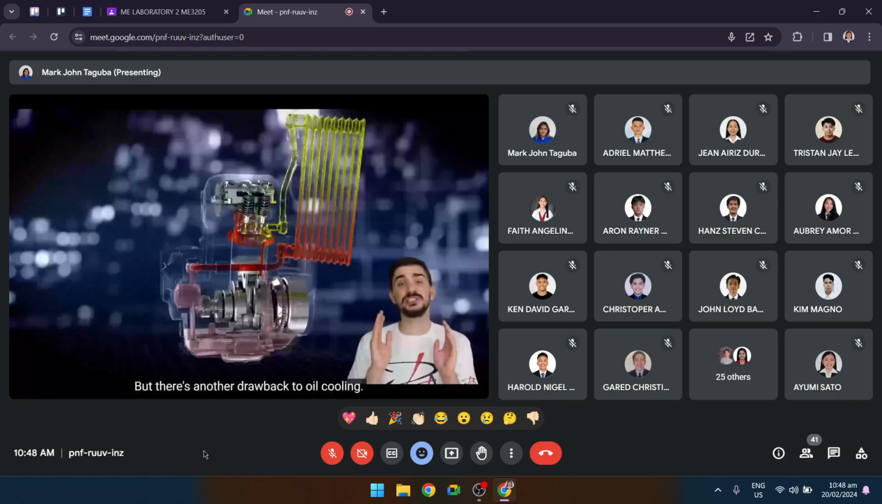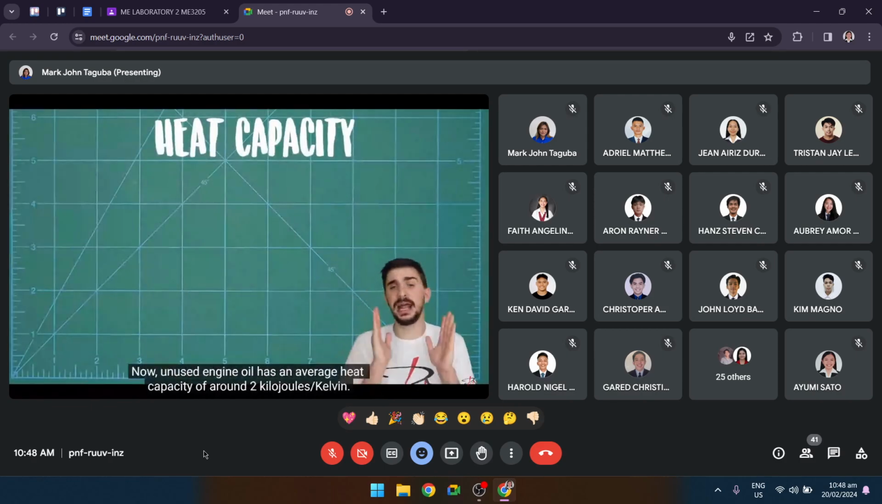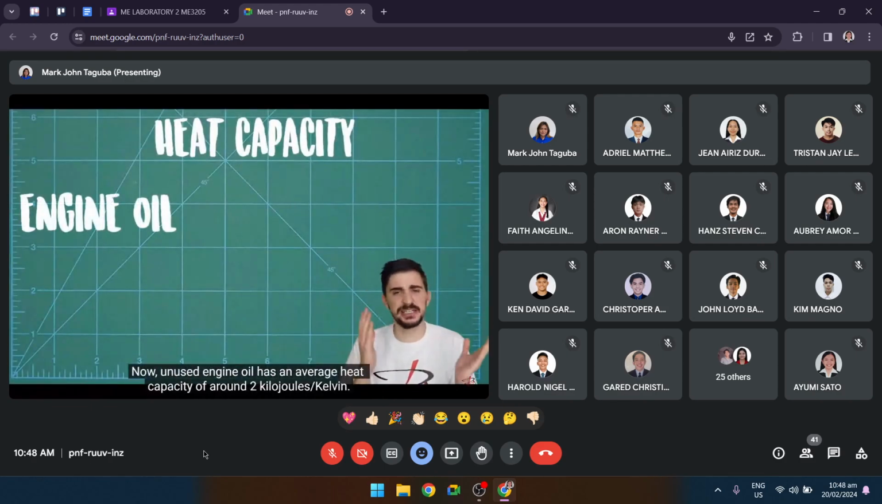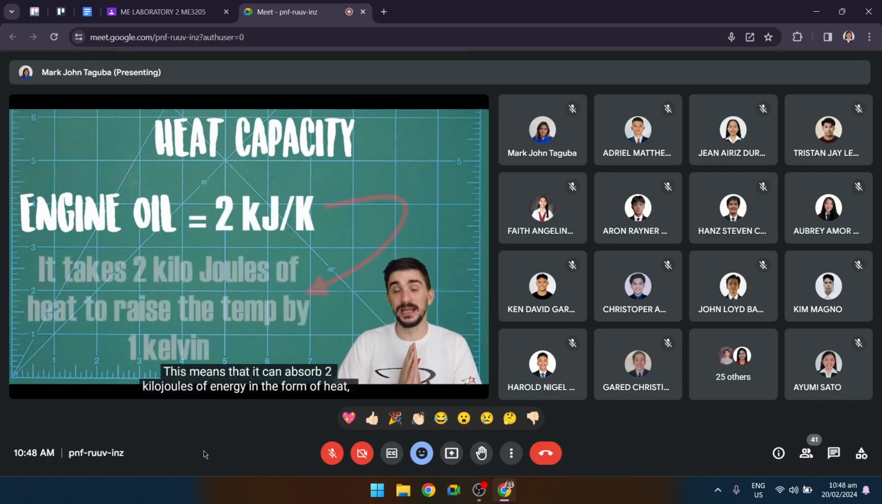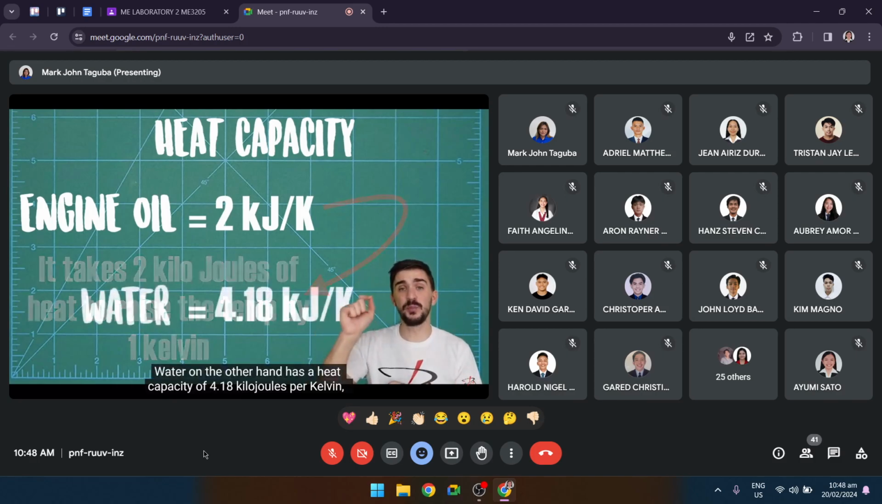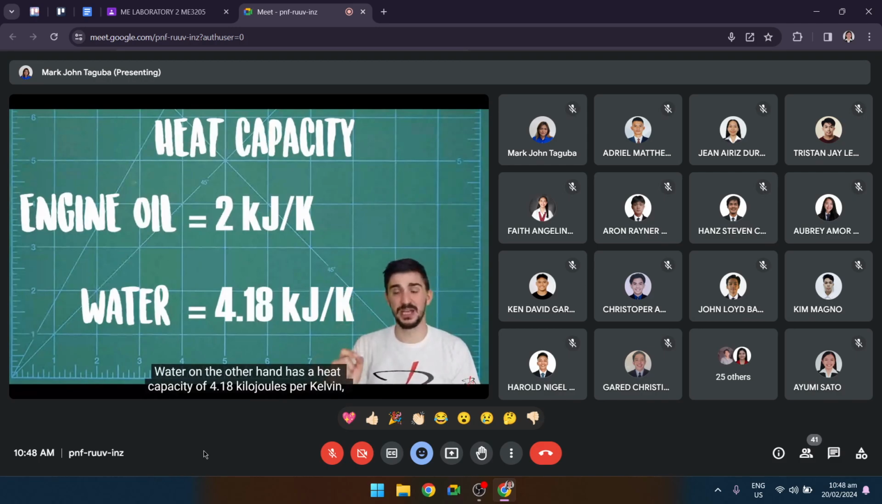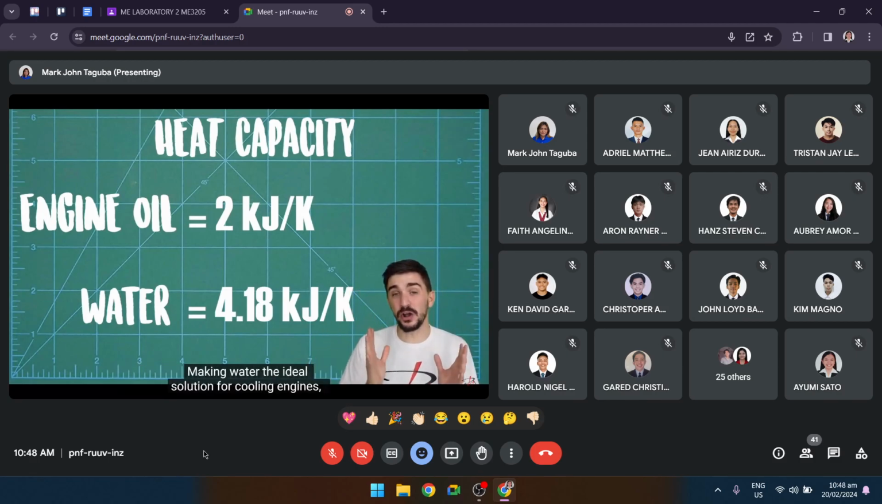But there's another drawback to oil cooling, and it has to do with the heat capacity of engine oil. Now, unused engine oil has an average heat capacity of around 2 kilojoules per Kelvin. This means that it can absorb 2 kilojoules of energy in the form of heat before its temperature increases by 1 Kelvin. Water, on the other hand, has a heat capacity of 4.18 kilojoules per Kelvin, which means that water can absorb twice the amount of heat before its temperature starts increasing, making water the ideal solution for cooling engines